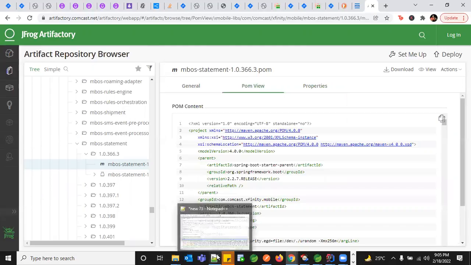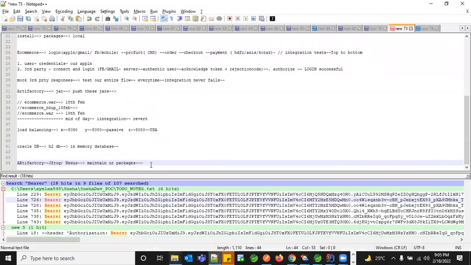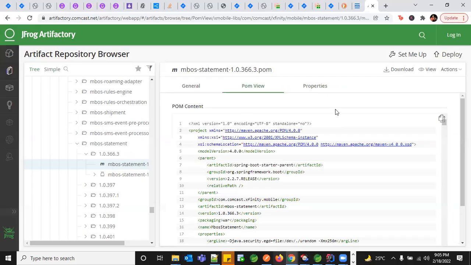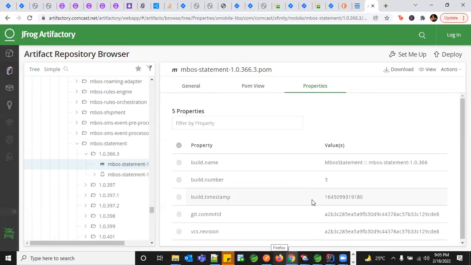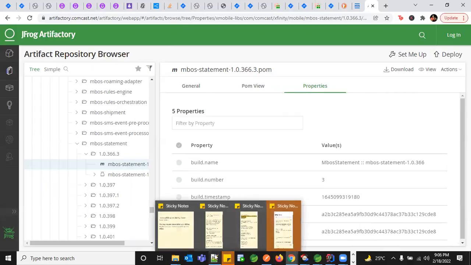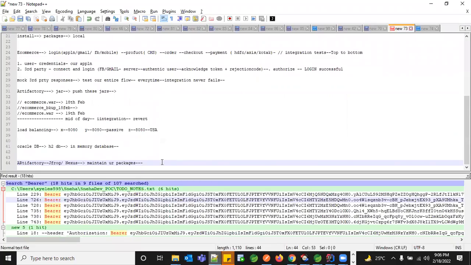So whenever we want to scale our package or our jar project onto some other server, what we do is we just connect to this Artifactory, we take the latest one based on a few other key parameters which we need to consider, and we download this entire var file into the respective server where we're going to launch our application and make the server up, because you know this is a runnable file and it is a completely successful file, and you're just going to upscale it to a different server